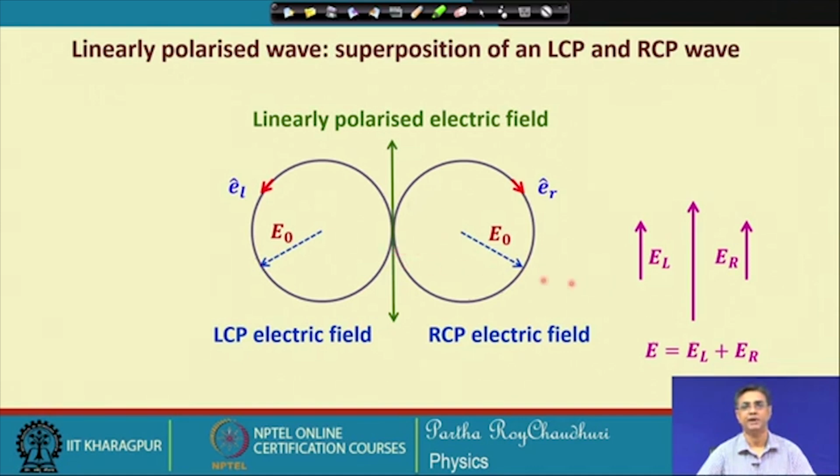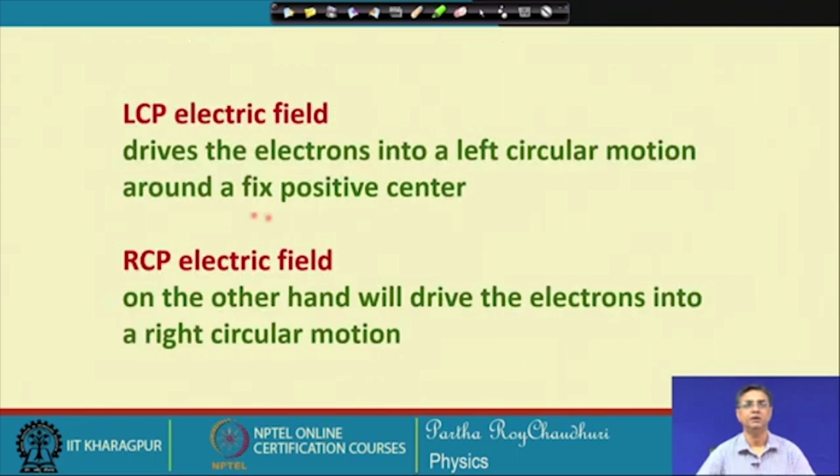So, at any instant of time, the total electric field of the linearly polarized light will be a vector sum of the right circularly polarized light's amplitude and the left circularly polarized amplitude. So, E equal to E_L plus E_R, such that E_L equal to E_R equal to E by 2. So, a linearly polarized light can be decomposed into two circularly polarized lights having opposite sense. With this notion, now we will look at the